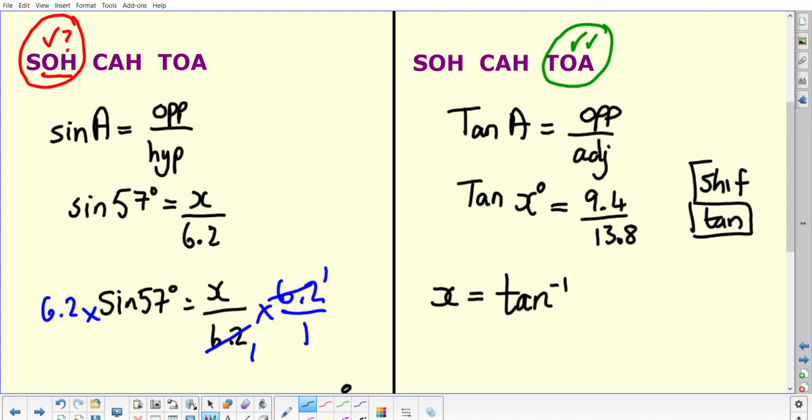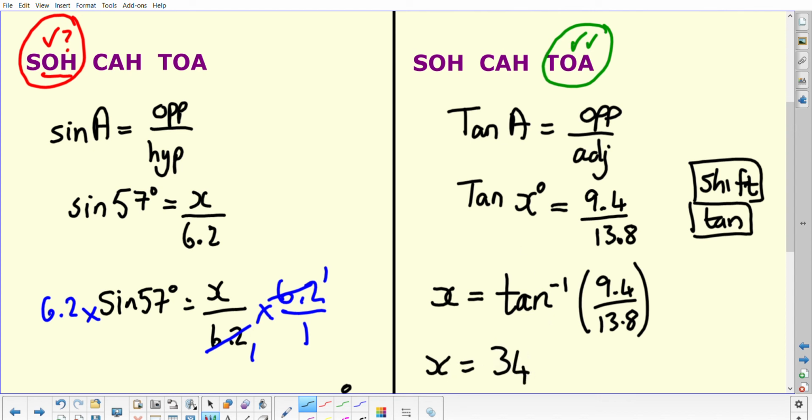Right, so two keys to work with here. Shift tan brings up tan to the minus 1. Put your fraction in, 9.4 over 13.8, and that will bring you up the angle. So when you're working with an angle, it's always going to be this shift tan or shift cos or shift sine. So we end up with